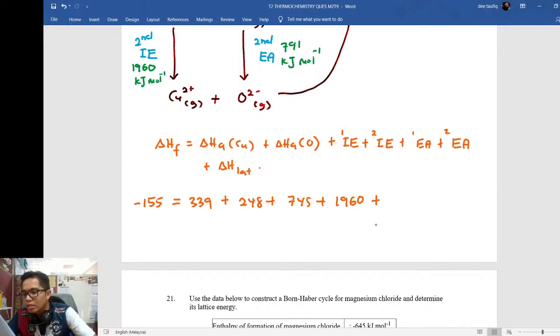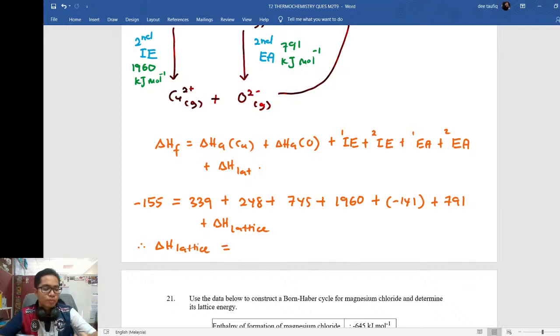First EA is negative 141 plus second EA 791. Oh, tak muat juga. Plus delta H lattice. So answer delta H lattice is equal to,